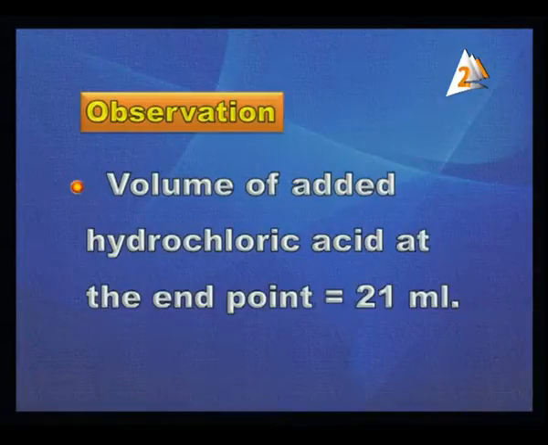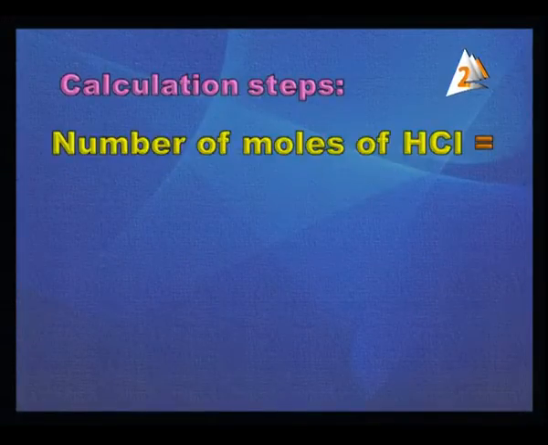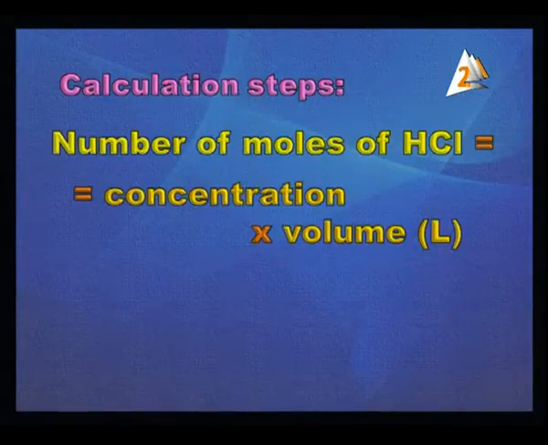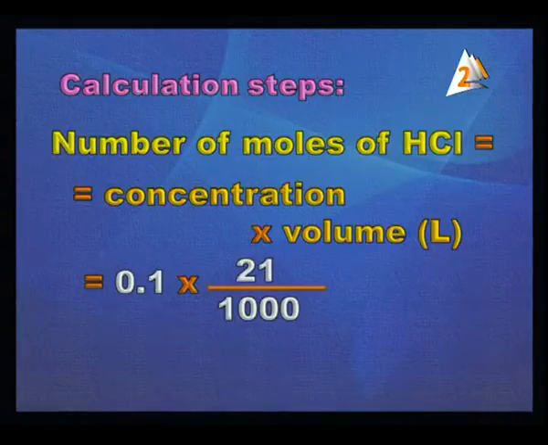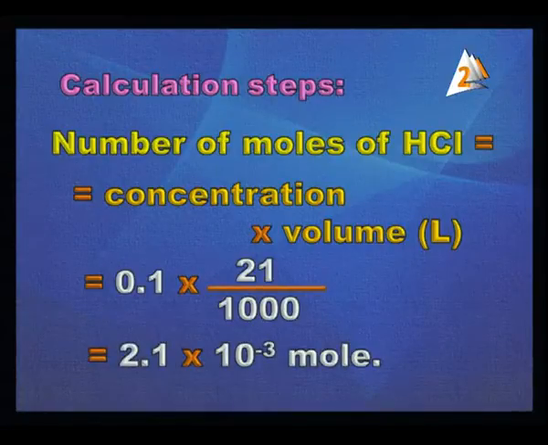Not all. We have the observation now. This observation tells me the volume of the added hydrochloric acid at the end point. You remember, the end point here is about 21 milliliters. We have calculation steps. Number 1, get the number of moles of HCl. You remember? Yes, I know. Concentration by volume. This volume by what? By liter. At the same time, you can say 0.1 by 21 divided by 1000. What is the answer now? 2.1 by 10 power negative 3